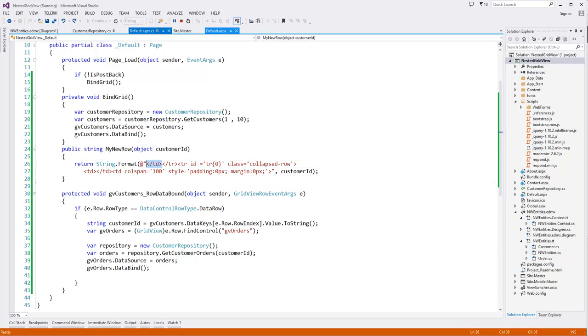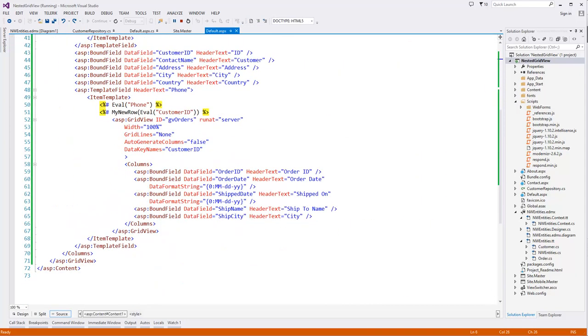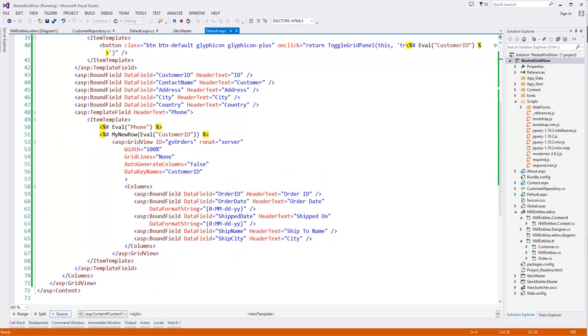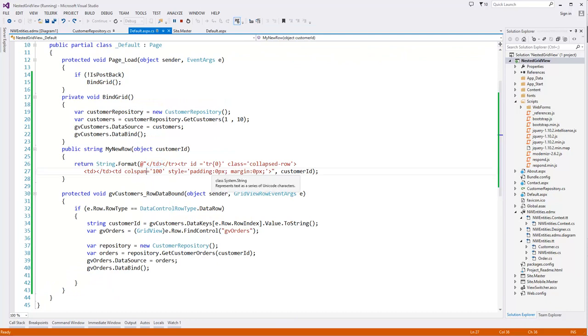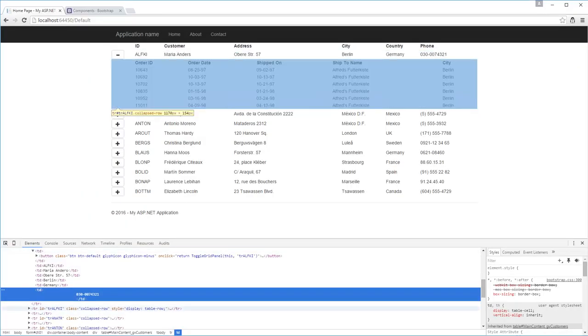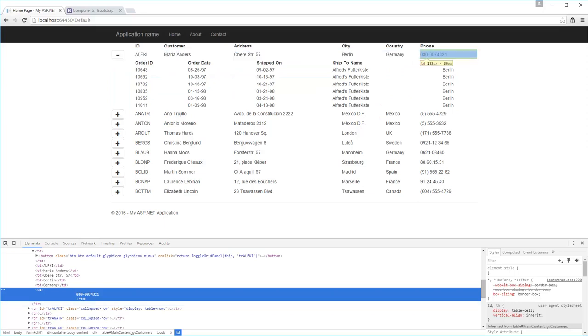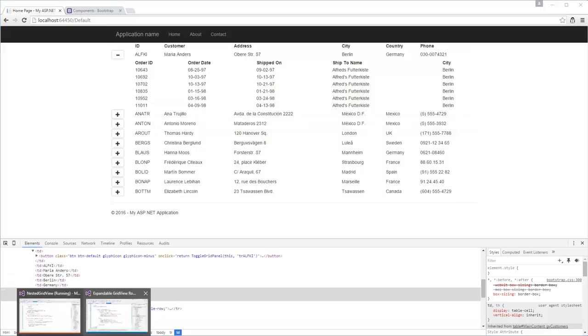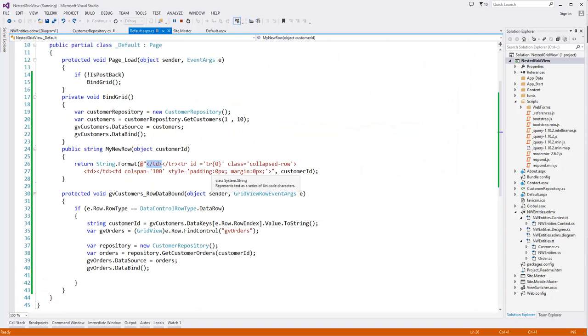It is adding after phone. You can see after the phone number I am adding that string, which is this one. So first of all it has a closing td. After closing td I am closing that record also, the whole customer record. So from here it is also closing the tr. After that I am adding one more